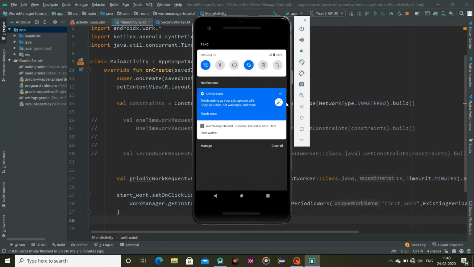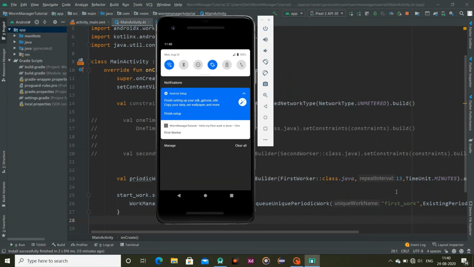Okay, so 12 minutes have gone, and our repeat interval is 30 minutes. So see whether after 30 minutes it will re-perform or not. So 30 minutes have gone, and you can see our request did not re-perform again. So just wait for 15 minutes and see whether it re-performs or not.